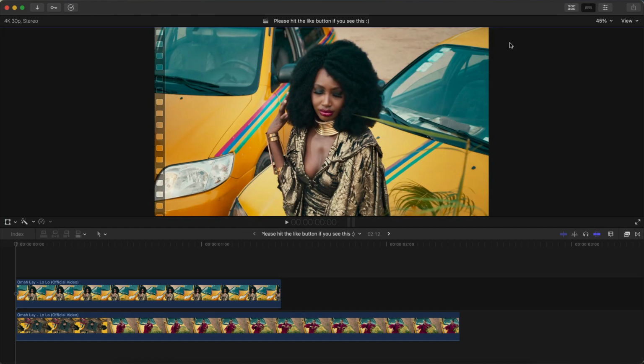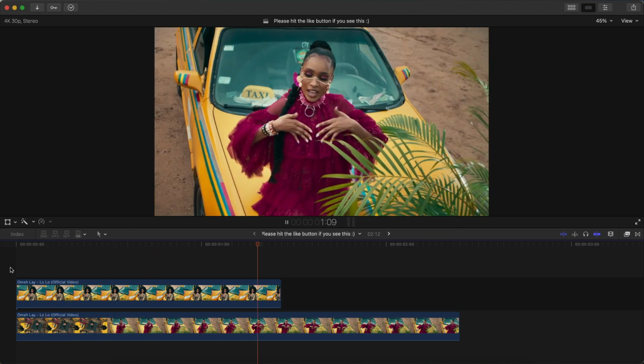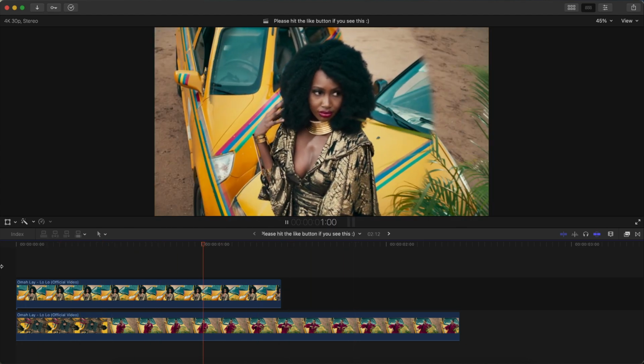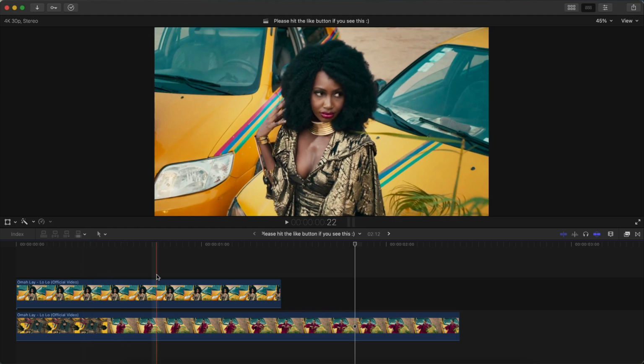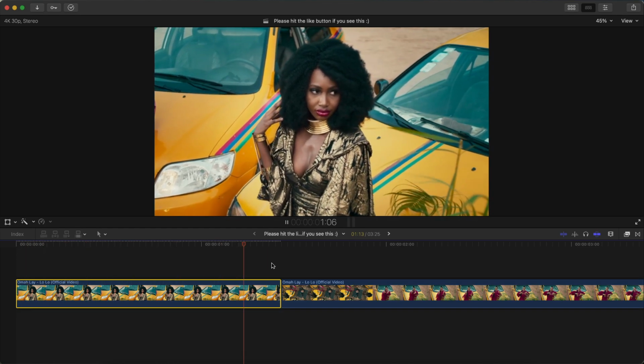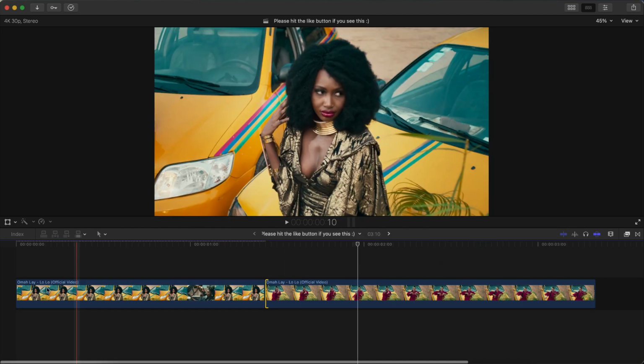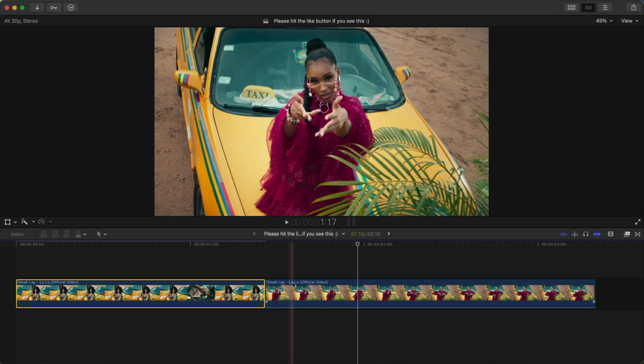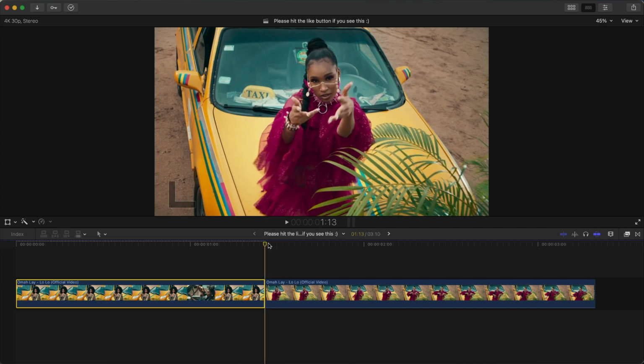Alright guys, so the 6th effect is going to be this super cool disappearing mask effect. It's very simple and very easy to do, and again, no presets or plugins are required for this one. Here is the original video, and then this is going to be the next clip here. Okay, and so what you want to do is pretty much use the clip that's next to that, just bring